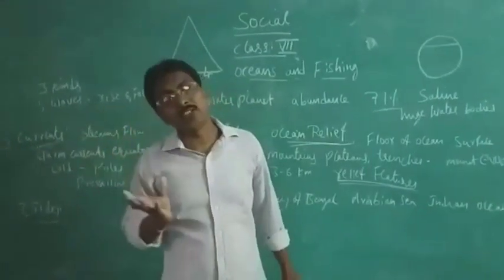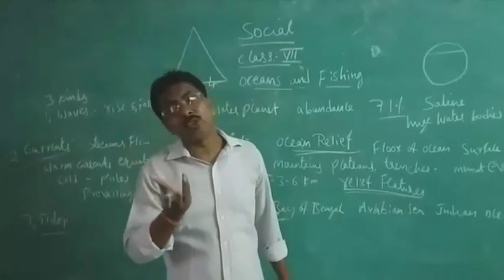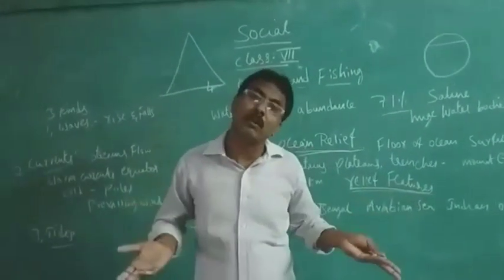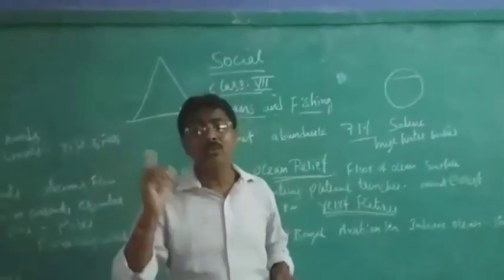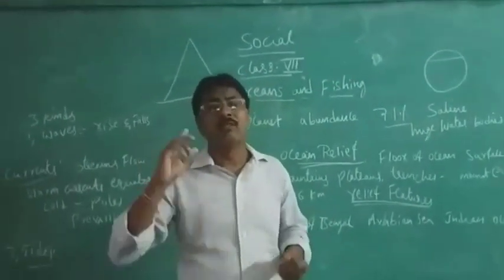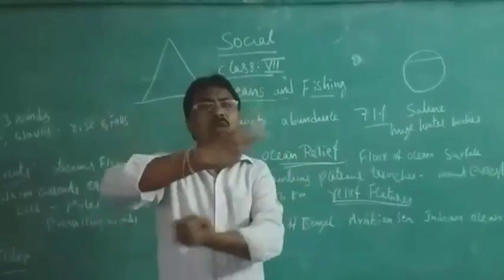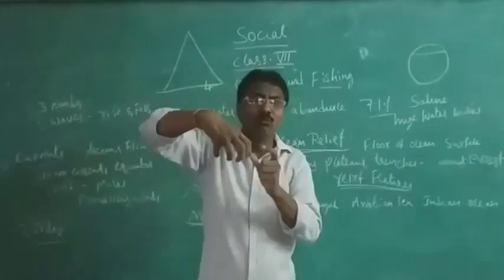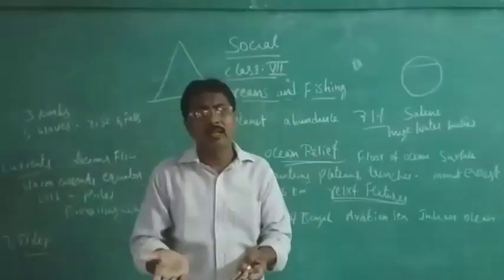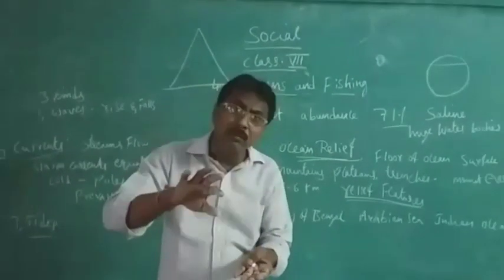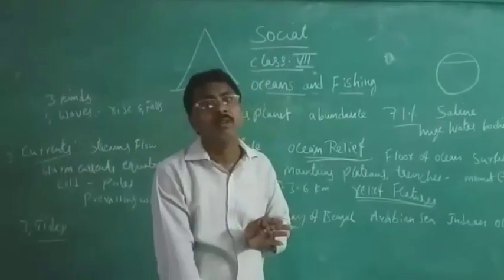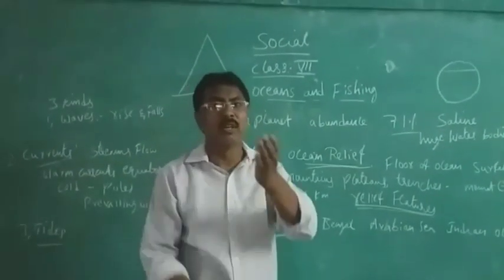The earth will never stop rotation. If the earth stopped rotating, day and night would not come and the seasons would not change. So what is the earth's duty? It will rotate around its axis and revolve around the sun. Because of that movement, the ocean water, why ocean water only? Because the ocean water is very deep inside the surface. So that's why the movement will be there.